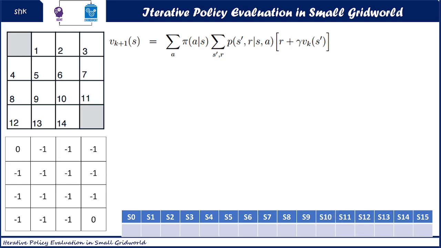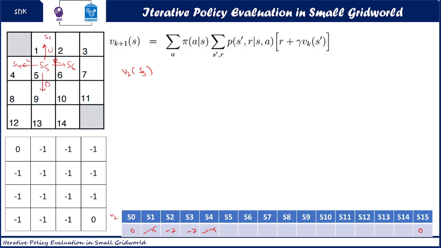Before finding this, I am updating the V2 function which you have calculated. So S1 is minus 1.75, S2 is minus 2, S3 is minus 2, S4 is minus 1.75. Now we are interested to find out V2 for S5 state. When you are in S5 state, left action changes to S4, right action to S6, up action to S1,